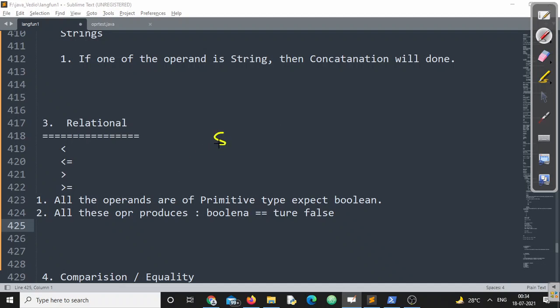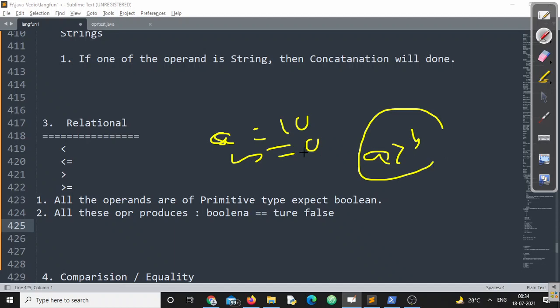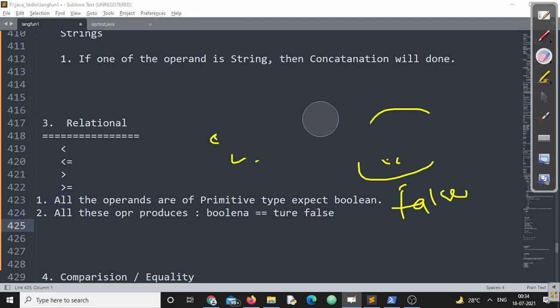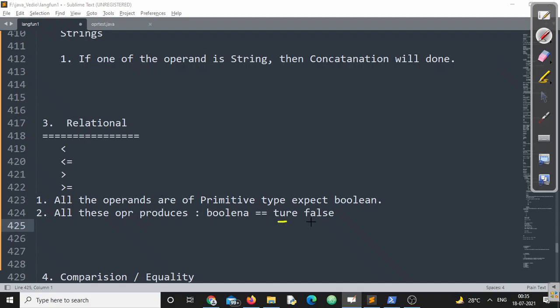Similarly, if I write a = 10, b = 20, and then a > b, the output will be false, since 10 is not greater than 20. Immediately it will give me the false value, right? So make sure you understand this point. All these relational operators can produce either true or false depending upon the relationship, and they cannot take the operand type as boolean, right? I hope you all could understand this point.